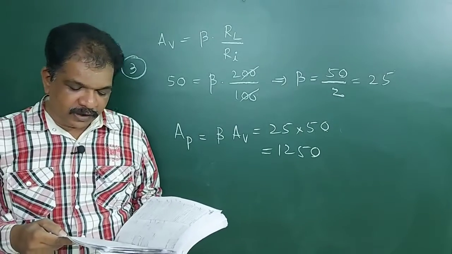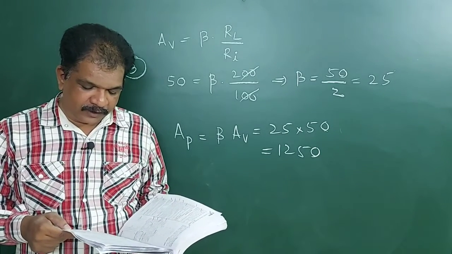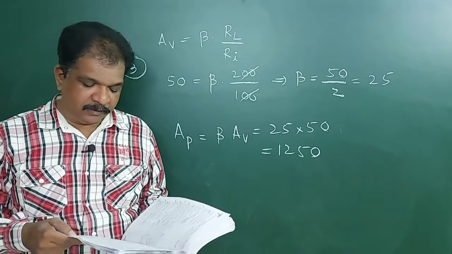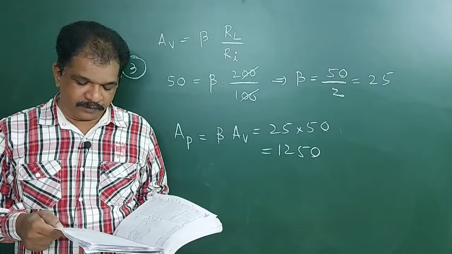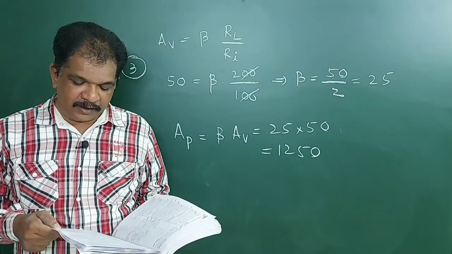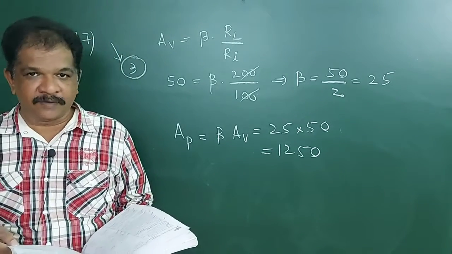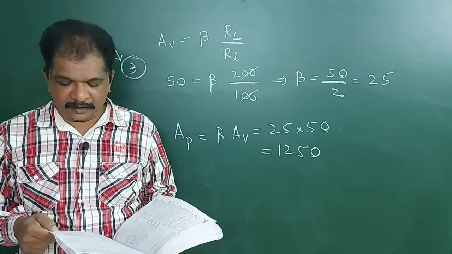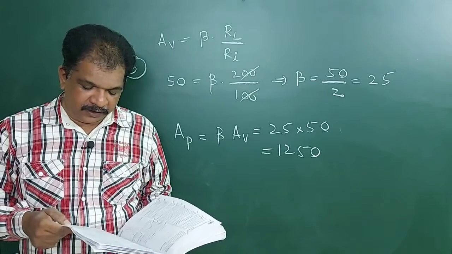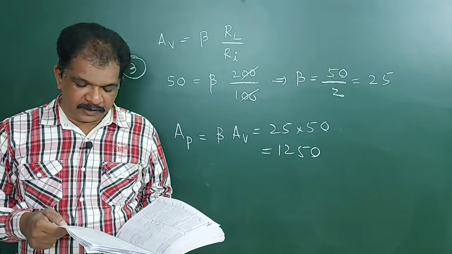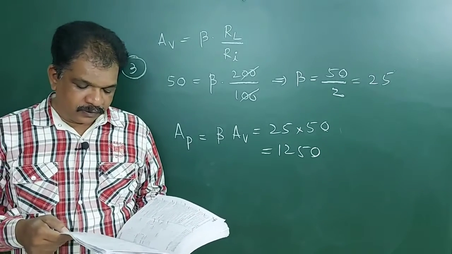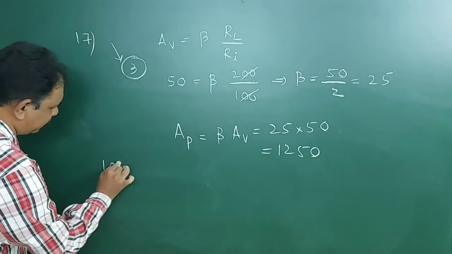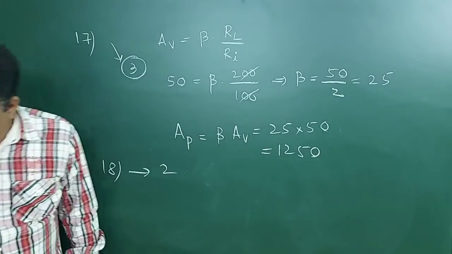18. Which of the following statements is false? The second statement will be wrong. Majority carriers in n-type semiconductor are electrons, not holes. A pure semiconductor with trivalent impurities gives p-type semiconductor. First option correct. Third option, minority carriers in p-type semiconductor are electrons, correct. The resistance of an intrinsic semiconductor decreases with the increase of temperature, correct. So only the second option is wrong. So the 18th question will be the second option. Just statements, simple.